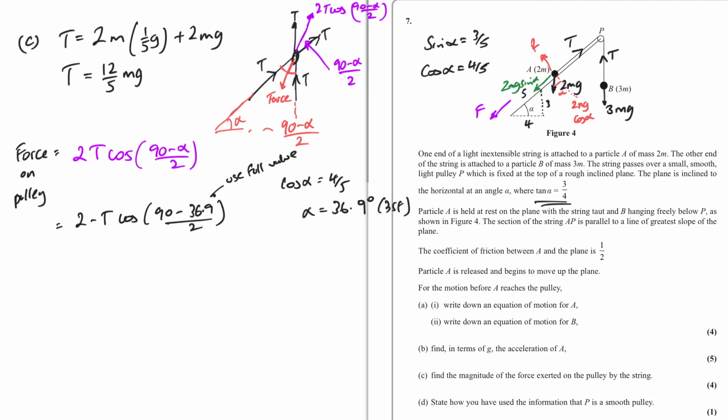So 90 minus the alpha divided by 2, cos of that, which is 26 point something, times by 2, times by 12 over 5, and that gives me